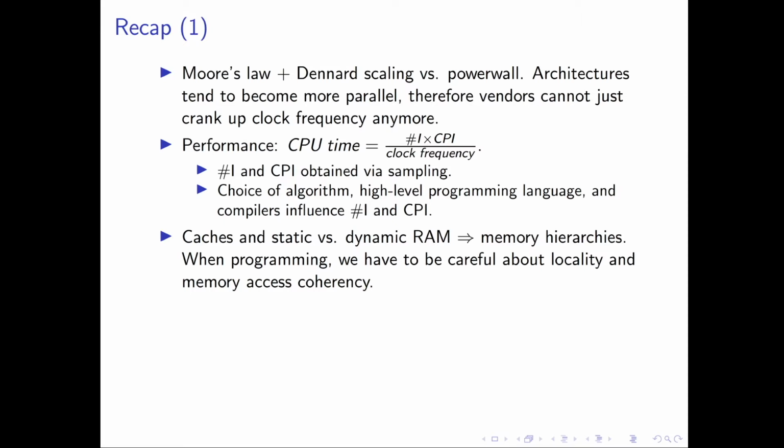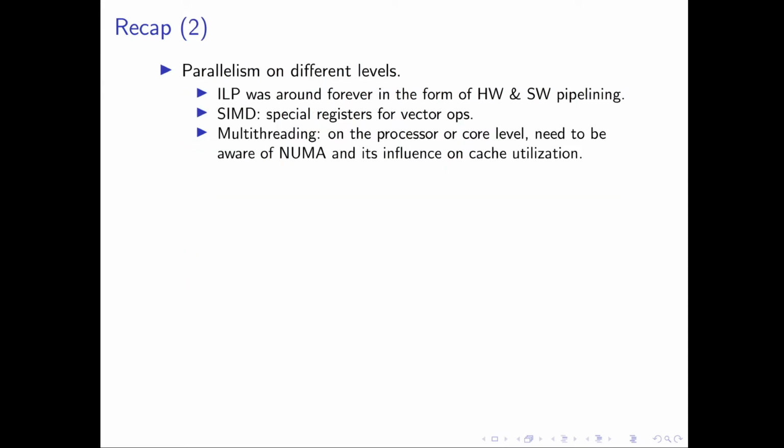And therefore we get memory hierarchies, and programmers have to be aware of memory hierarchies in order for their programs to be efficient. And we have to be very careful about things like locality and memory access coherency, etc. And then we also learned a lot about parallelism, and that there is a whole spectrum of different types of